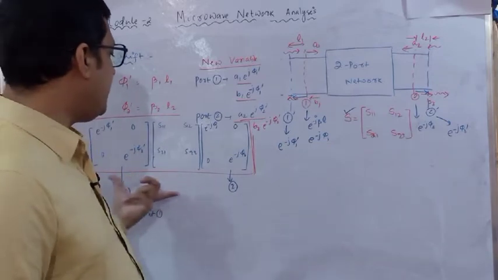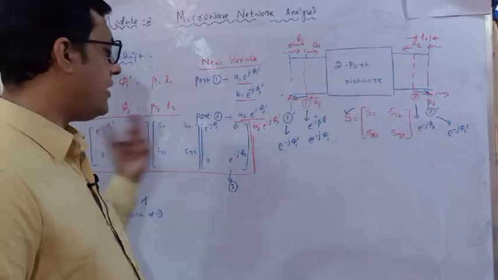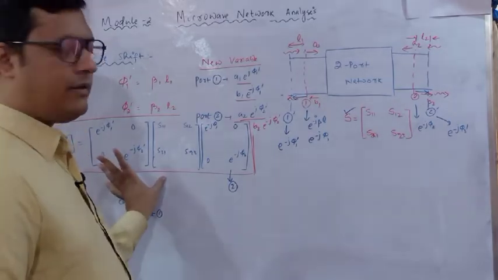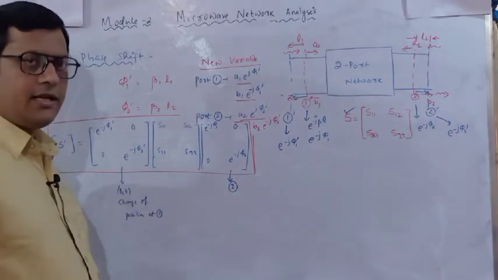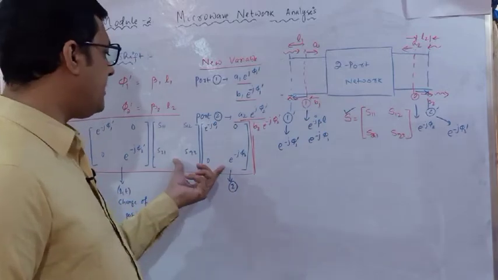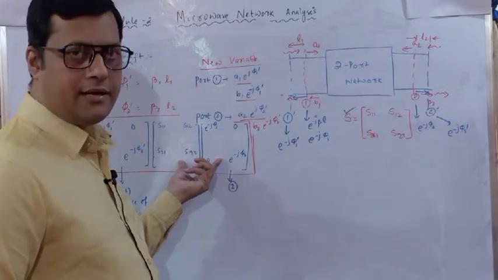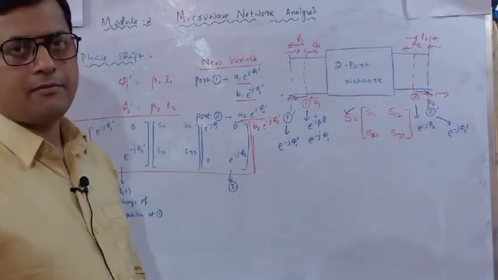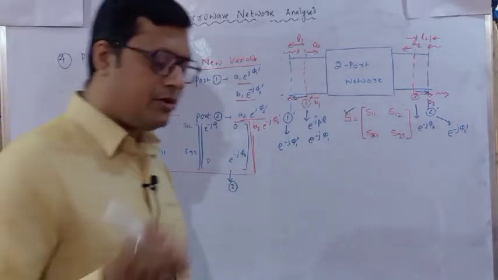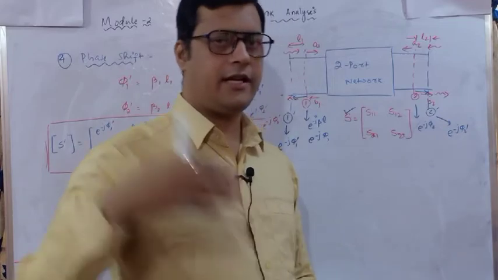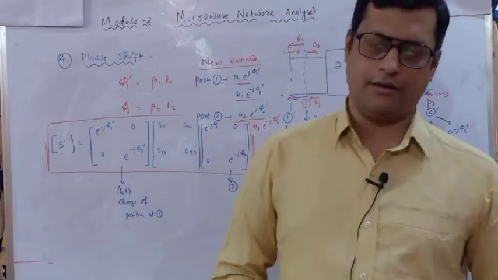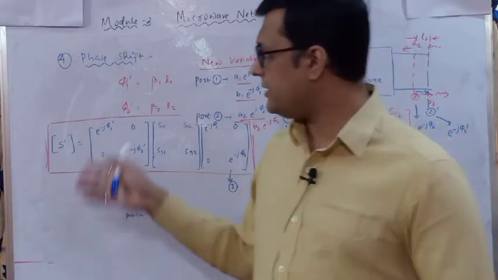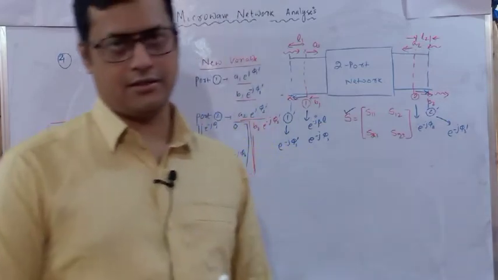So if there are two variations, you have to multiply the scattering parameter with the port 1 and port 2 phase variation matrices. If only port 1 is varying, that means this matrix and this matrix. If there is a variation in the second port, multiply the scattering parameter matrix with this sort of matrix, and you will get your resultant value. So this is the last property of a scattering parameter. It is called the phase shift property. If the original position is changed to some other position, your phase is going to change. Why? Because of the change in length. If the length is changed, the phase is also going to change. So this is the last property. Now we will discuss a few fundamental numericals.